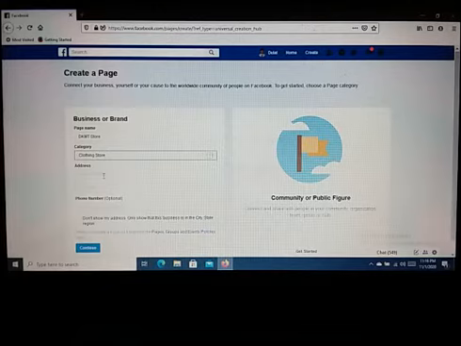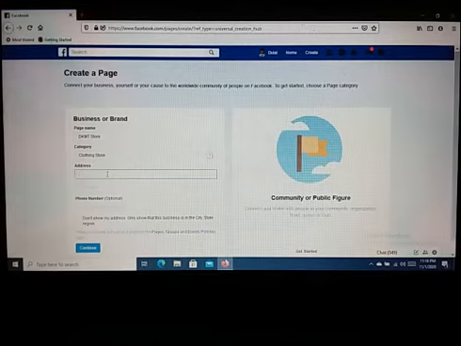Next you will have to write address. Now I am writing my address.